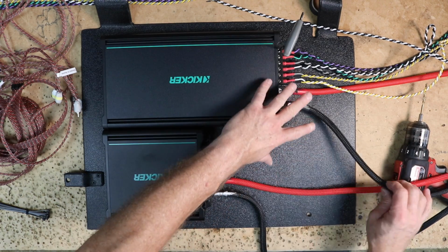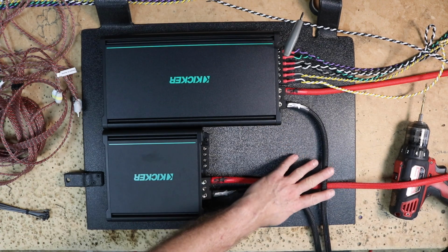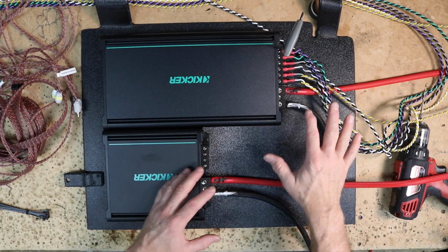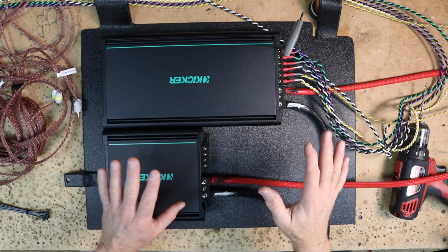Now I just need to play with these and come up with some form of a plan as to how I want this all to look, and also to keep these out of the way of this, because they're going to come off this way and they're going to come up into the car on the other side of the